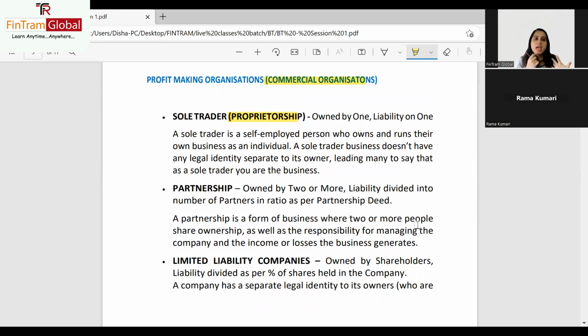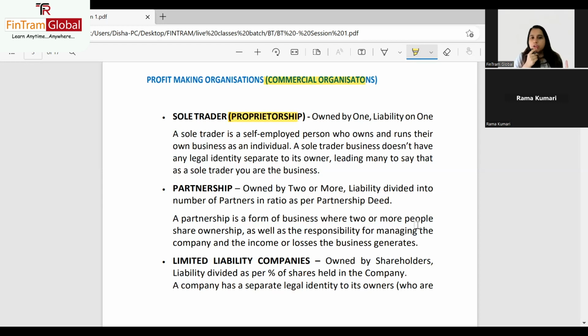So basically, let's say from tomorrow I start a business. Let's say I'm very good at baking, and I think that I should bake some cakes and start selling them. So I start this business from my home. Maybe in the beginning I am just starting off, so I don't need any employees. Then let's say it starts to grow. I have many orders coming in a day or a week, so I probably have hired a delivery boy.